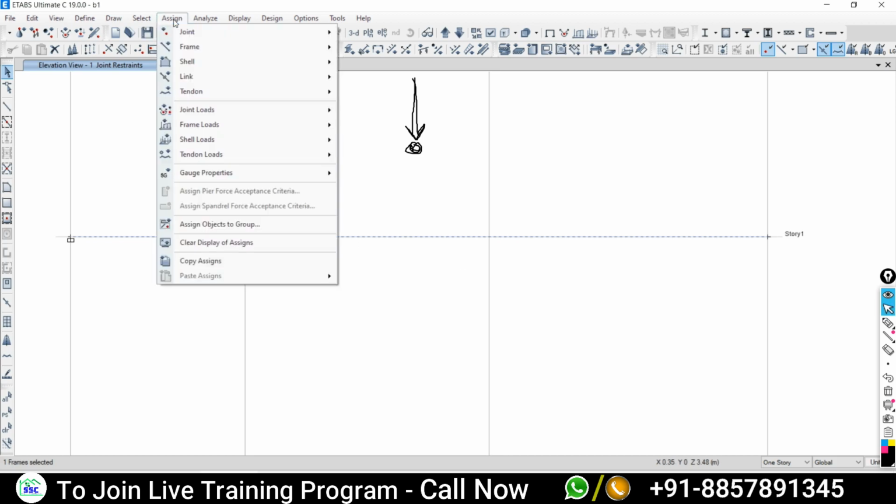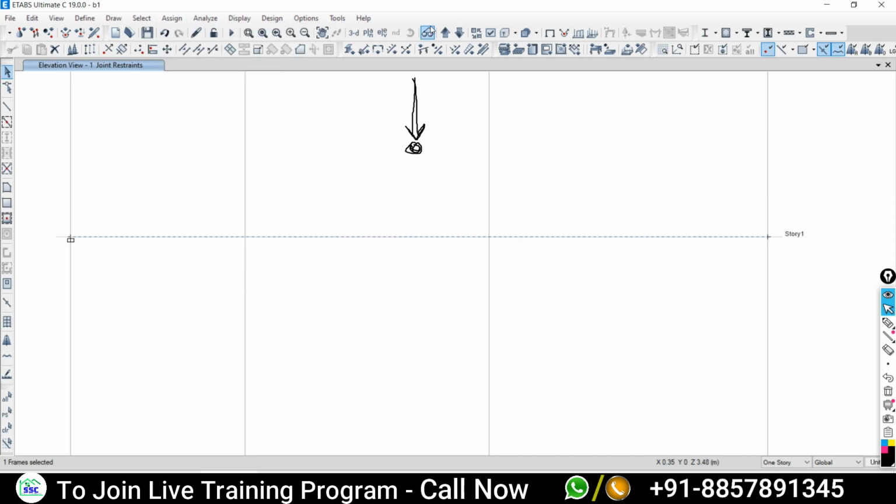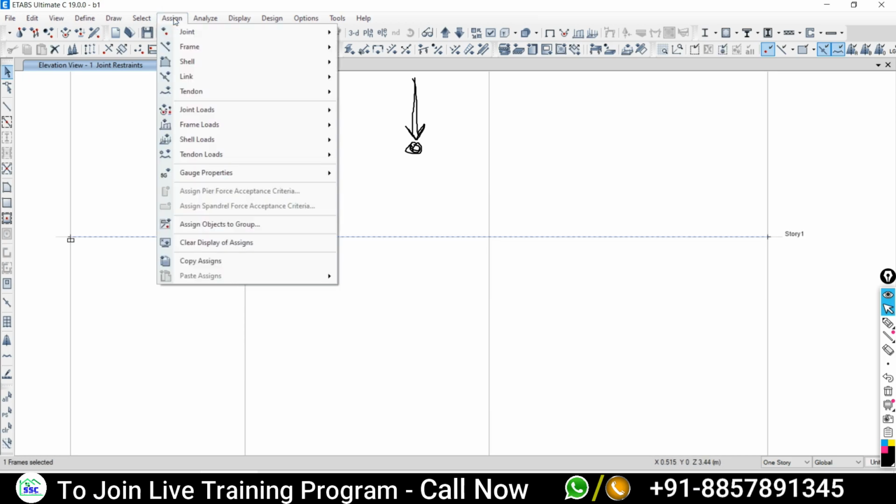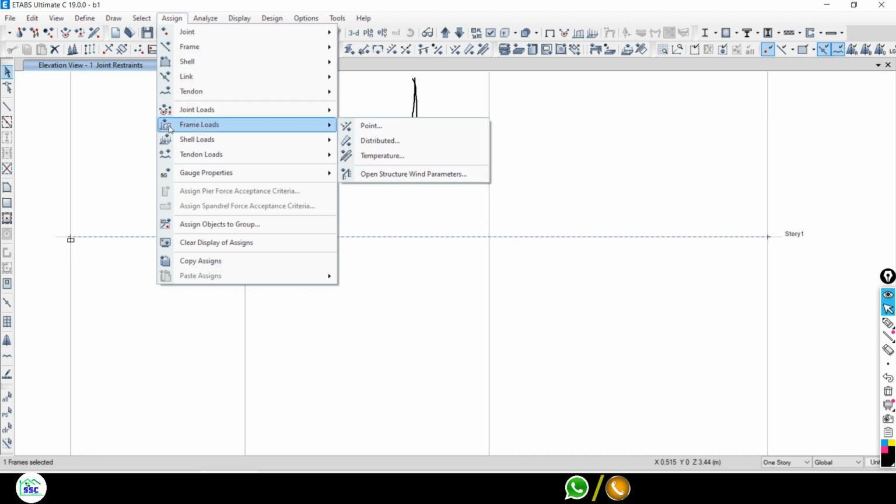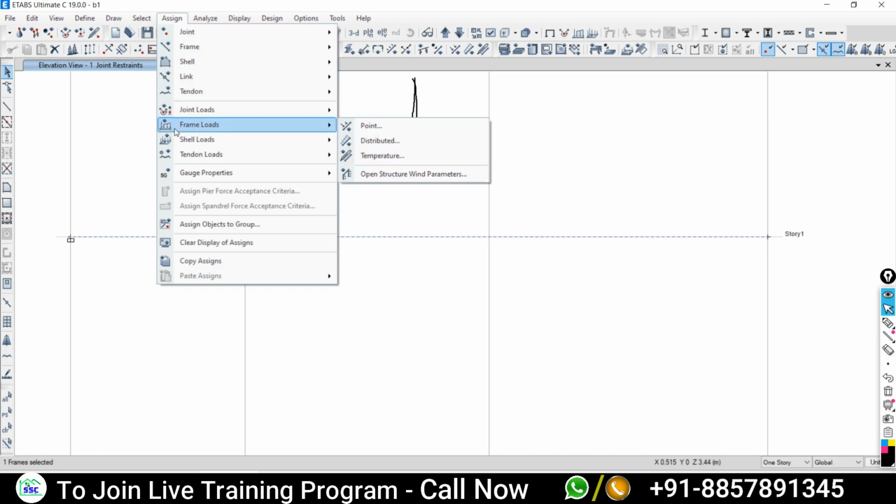Go to assign. For any kind of assignment, first you need to choose the element or joint or whatever. So first the selection will be there, then go to assign, then go to frame load, and for the frame load we want to assign the point load.